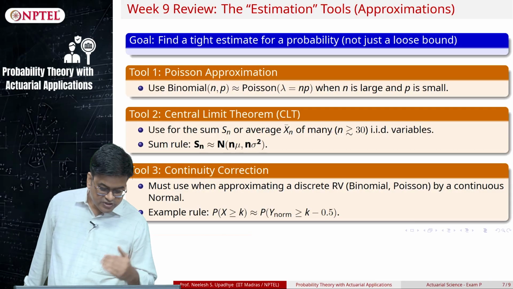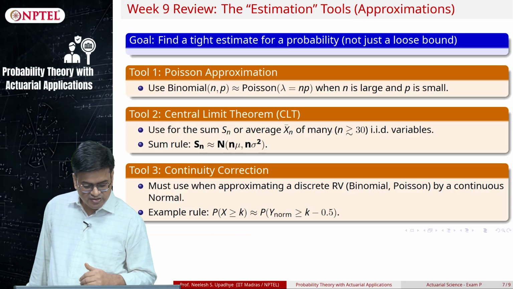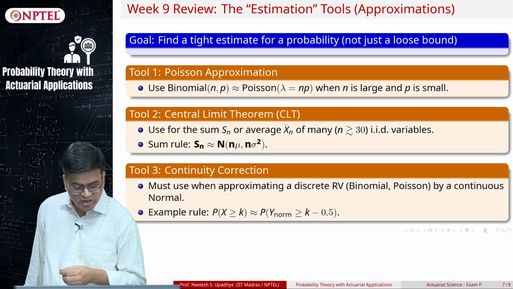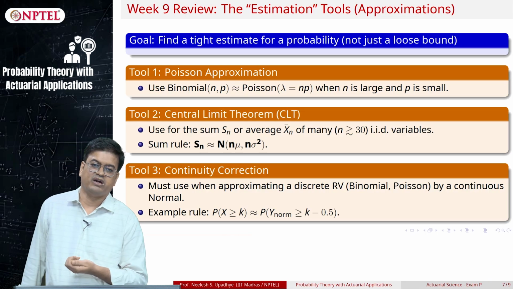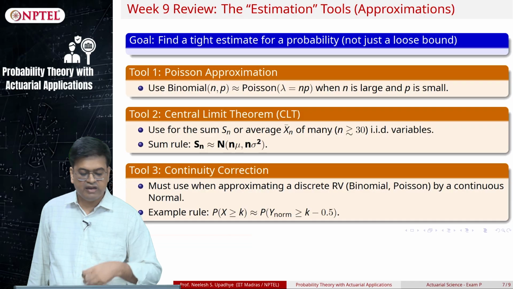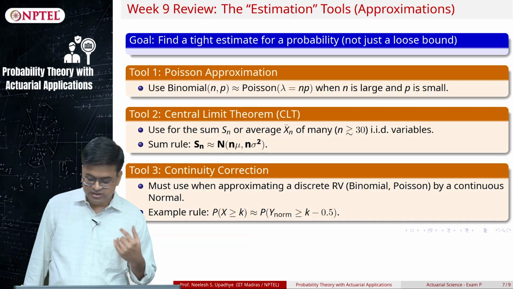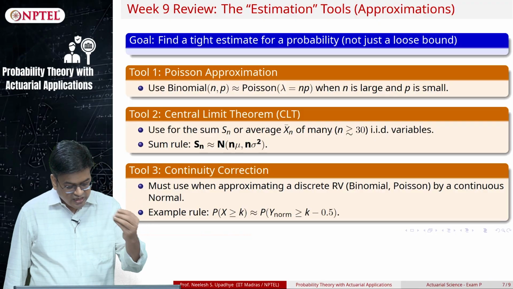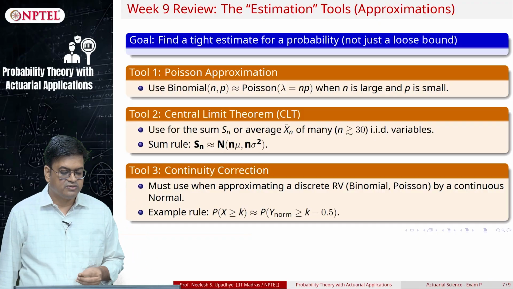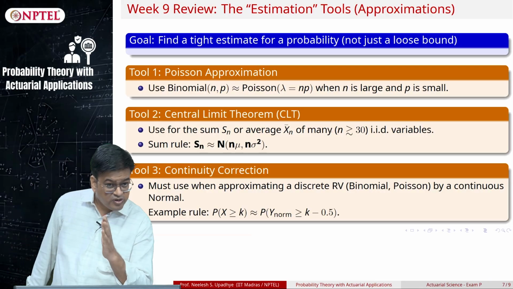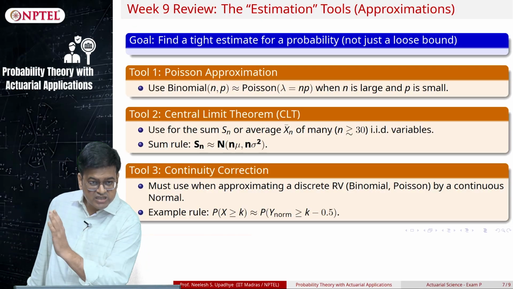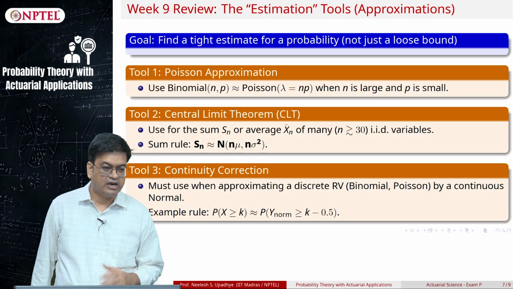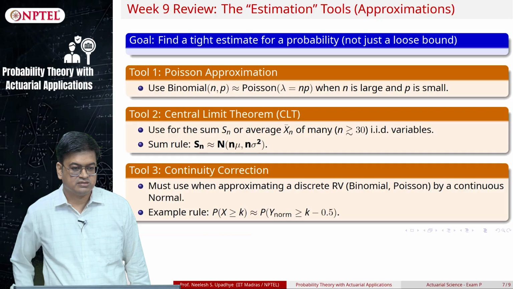So when I approximate something greater than or equal to k, then when I am normalizing, I will subtract a 0.5 mass from it, okay, and we have solved many examples related to that. So this notion is very clear. Similarly, I will have less than or equal to k, and then because k is included, I will take k plus 0.5. So all those things are essentially part of our approximation structure, okay.